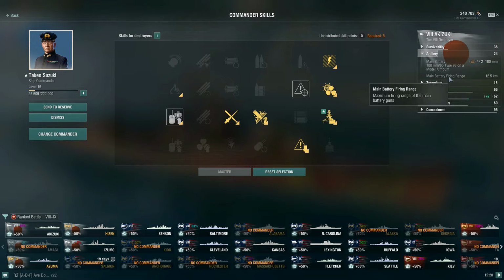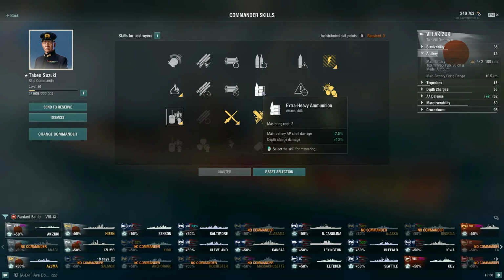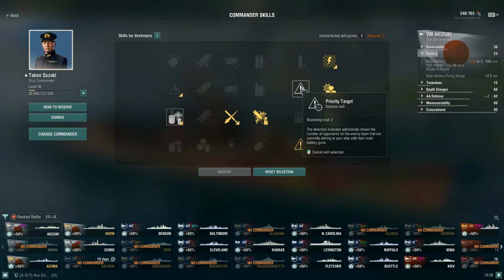So that's something where a lot of people think the main battery firing range, oh, it's terrible, it should be further. It can kind of also be a blessing in disguise, if you will. And then when I'm looking at where would I want to utilize my other 2 points, I lean towards the priority target, okay? This skill is just, bottom line, really good